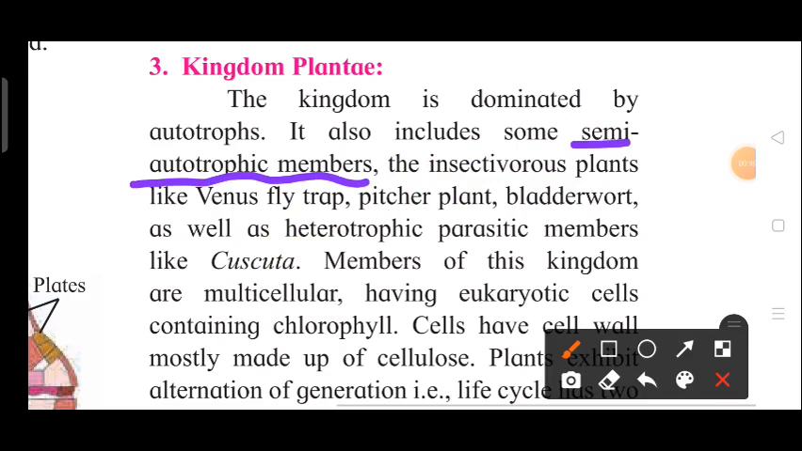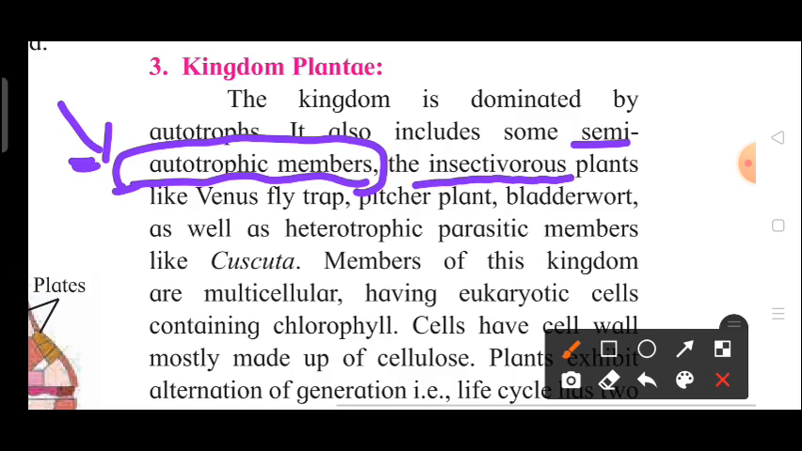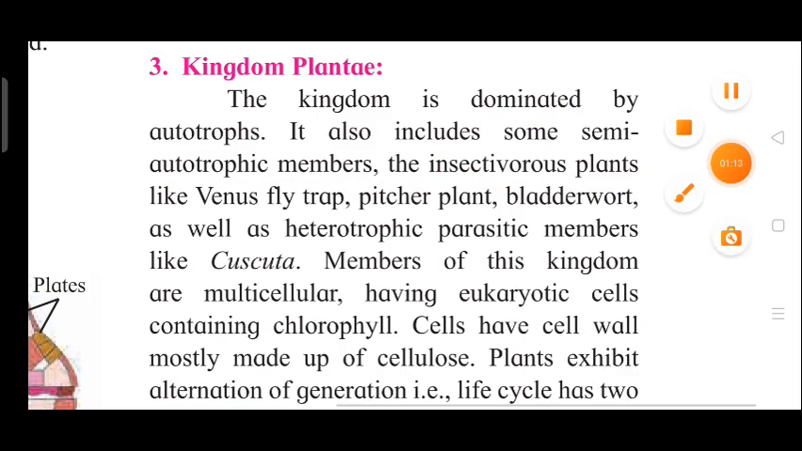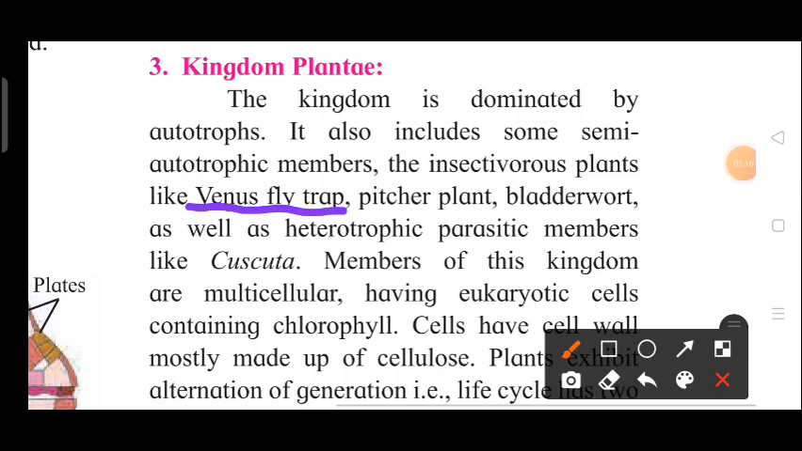Semi means half. They prepare their own food material, but in some cases at the same time they obtain their food in another way. Here the example is insectivorous plants. Why are some plants called insectivorous? Because they feed on insects and obtain their required food from these insects. Like insectivorous plants, the examples are Venus flytrap, pitcher plant or bladderwort, as well as the heterotrophic parasitic members